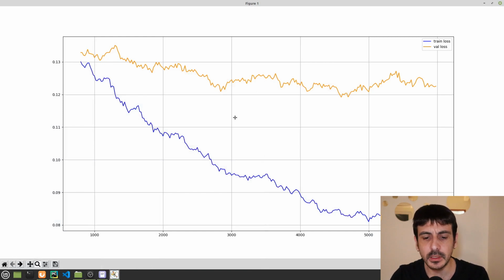And I would say I like how everything is going until this point over here, because you can see that the training loss is going down and the validation loss is kind of going down as well. And this is pretty much where everything is like a plateau, right? So if you ask me, I will keep this checkpoint over here in the 3000 steps.